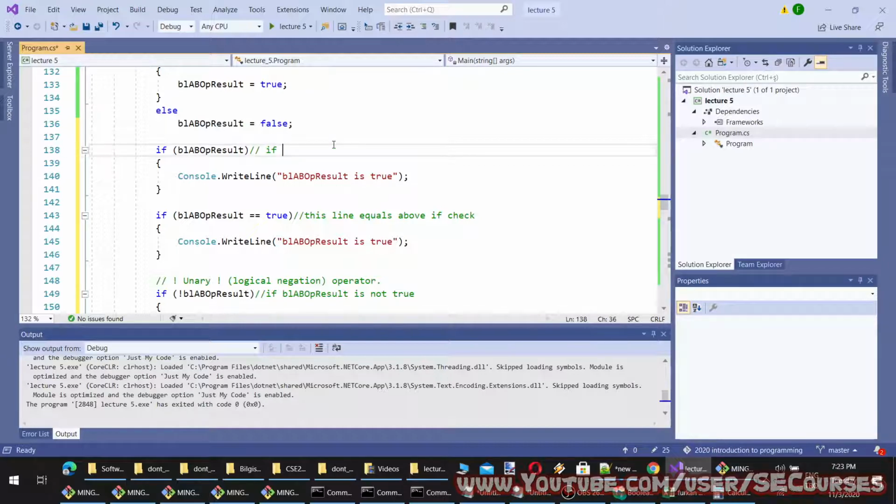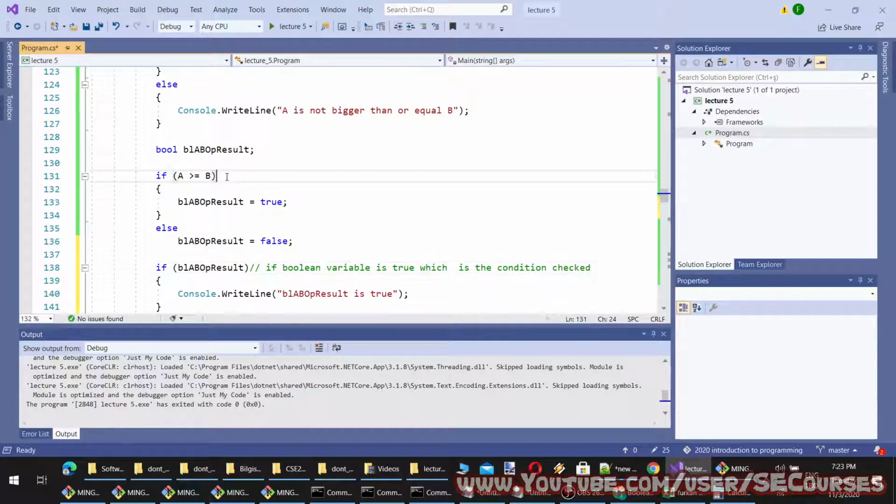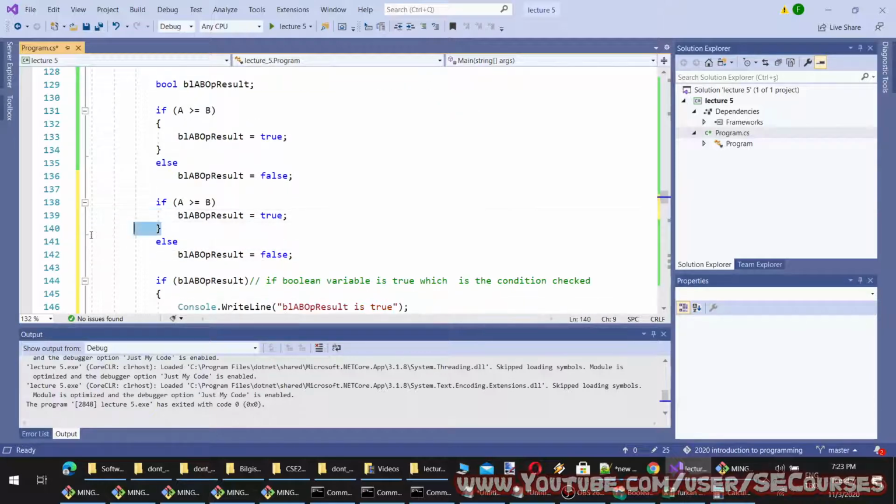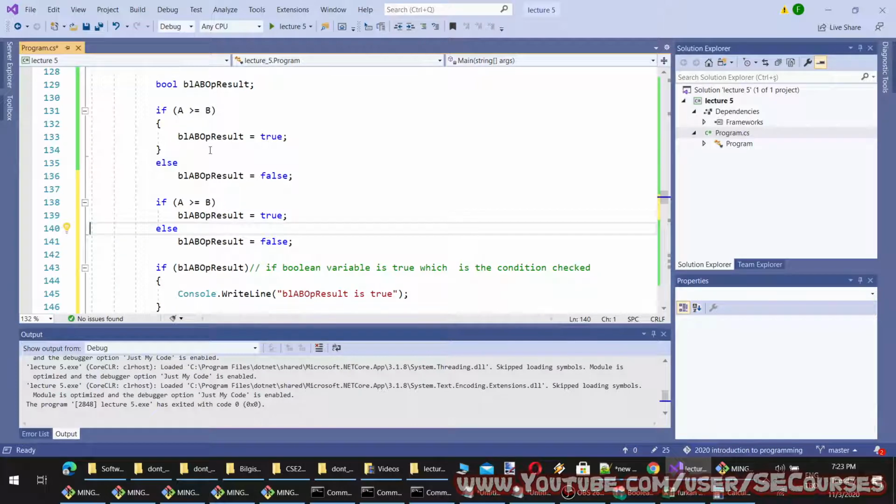Okay. And here it means if a is bigger than b. This can also be written like this. You see, you don't have to put curly brackets if the body is only a single line.